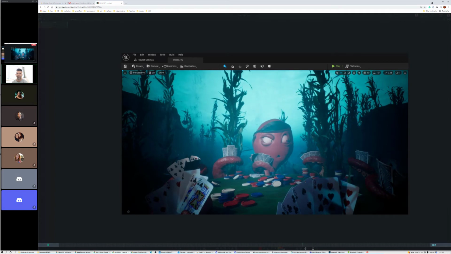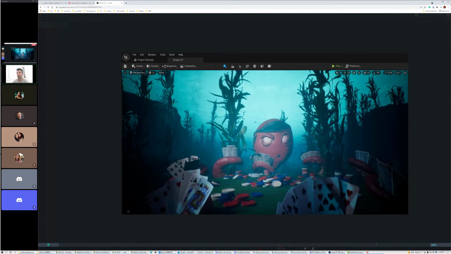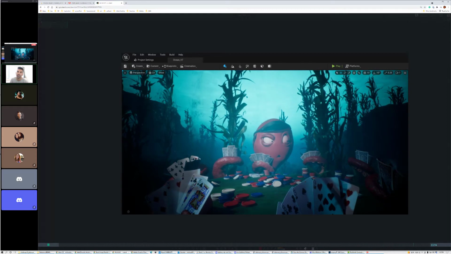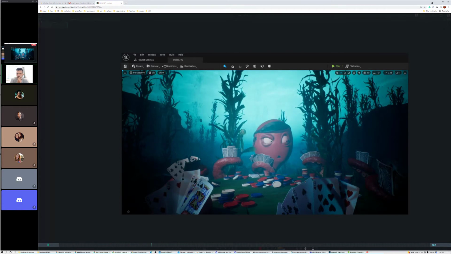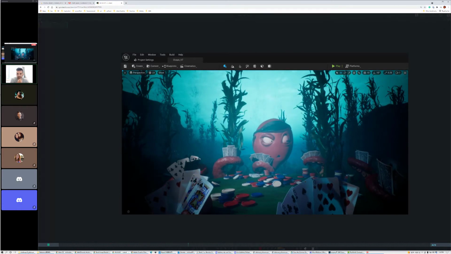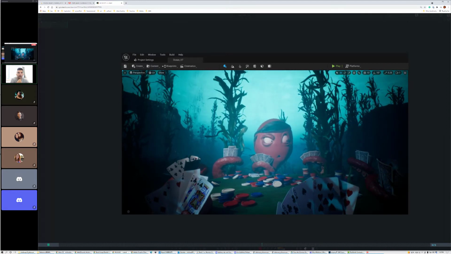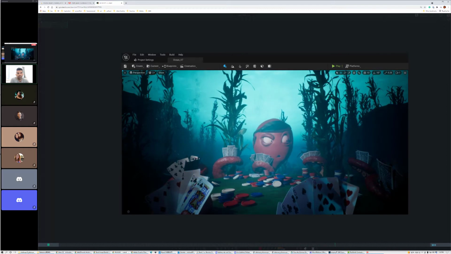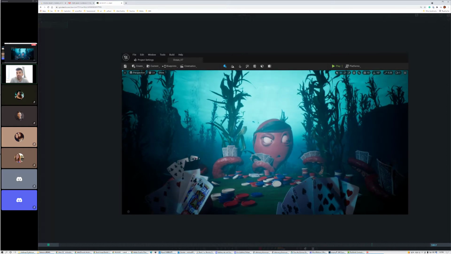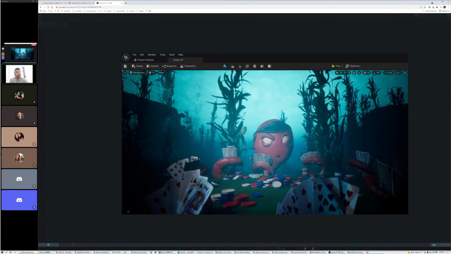pretty similar to the output, because we didn't have the capability of doing AOVs with the proprietary renderer that we had at the time. We couldn't even really separate spec from diffuse, so we just developed custom shaders that looked that way, custom lights that provided a certain look, and then we would do minor tweaks. But yeah, that was pretty close to how it looked in render, and that's kind of one of the